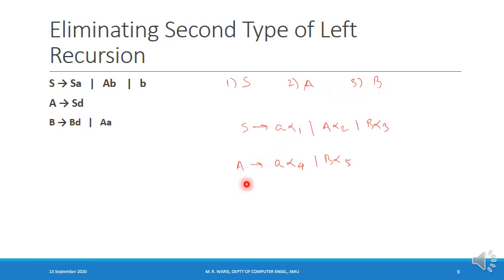Then I'll pick up the variable capital B and process its productions, and after processing productions of the variable capital B, their right hand side can only begin from terminal symbol. Why? Because this is the last variable in the order, so this can only begin from the terminal symbol. When I modify the productions of the grammar like this, then my claim is left recursion in more than one step will get eliminated. How? Let us try to understand why this is happening.